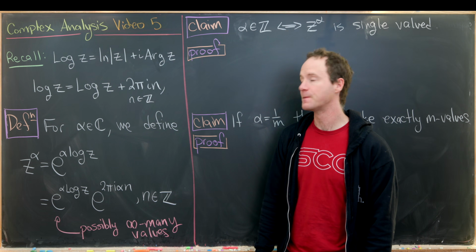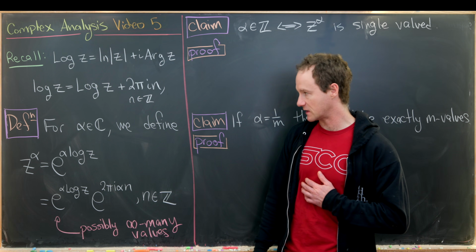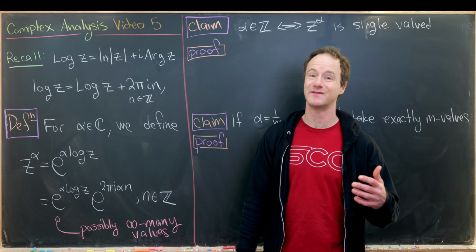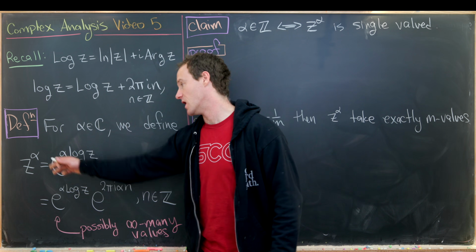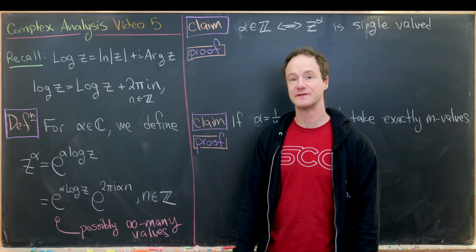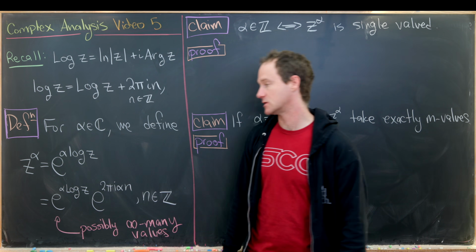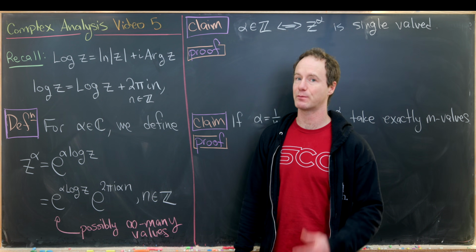That's because the exponential function has a period of 2 pi i and the logarithm is inverting the exponential function. Okay, so armed with that recollection, for alpha, which is a complex number, we want to define z to the power of alpha. And we'll define that as e to the alpha times log z, where this is not the principal branch,